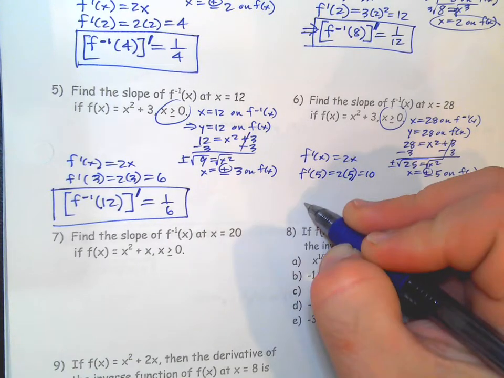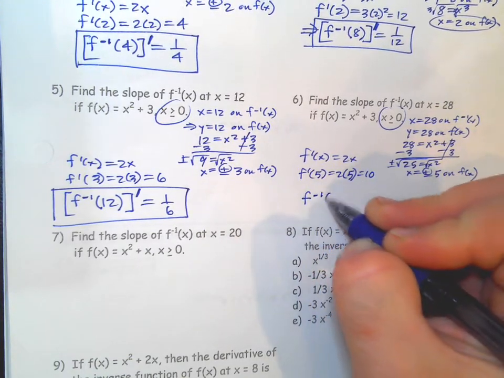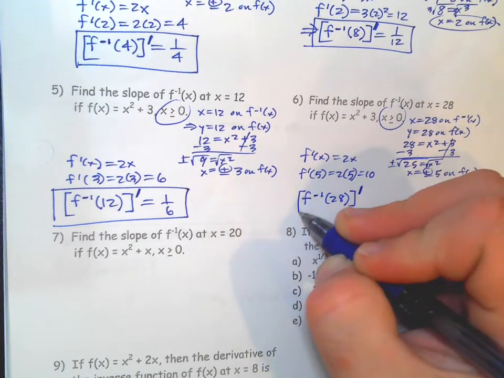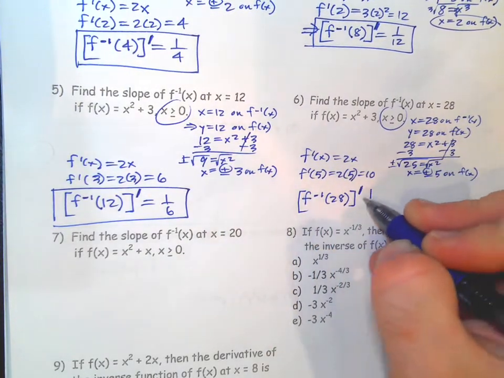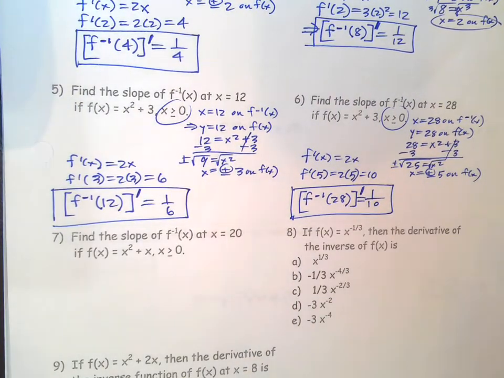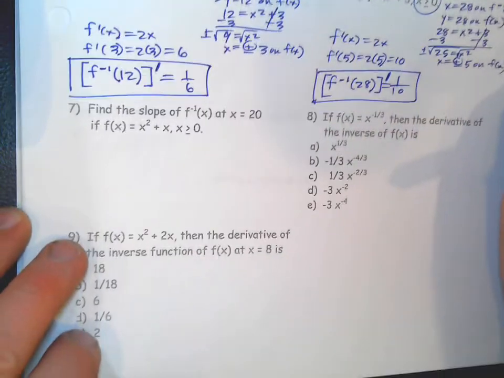And then I can just simply say the derivative of the inverse at x equals 28 is the derivative of the original function at 5 flipped upside down. Not negative reciprocal, just reciprocal. Number 7,